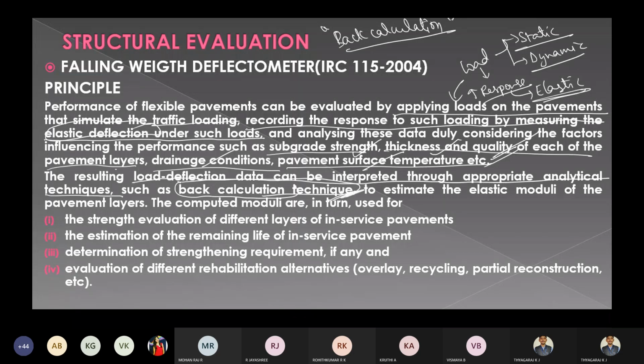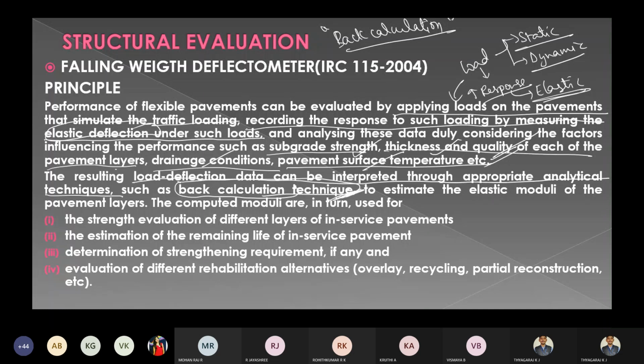So remember, in the BBD, whenever you apply the load, the deflection value can be easily calculated using the formula. But here the deflection depends on the subgrade strength, thickness and quality of each pavement material. By knowing all these values, we determine the deflection. That's why it is called a back calculation technique.